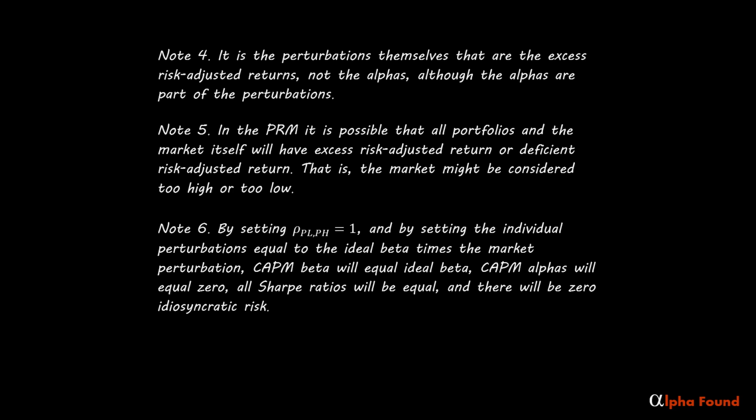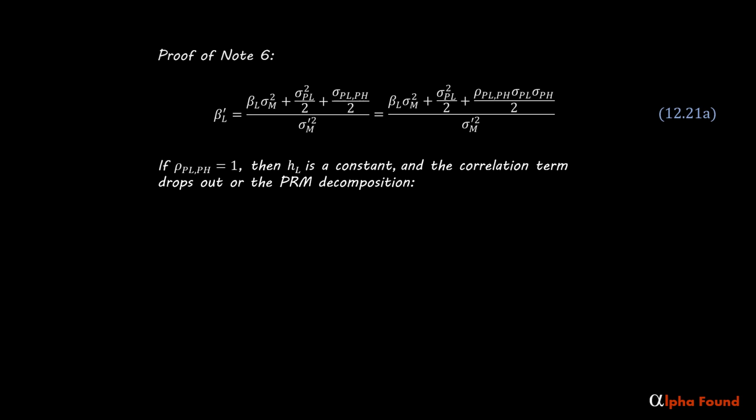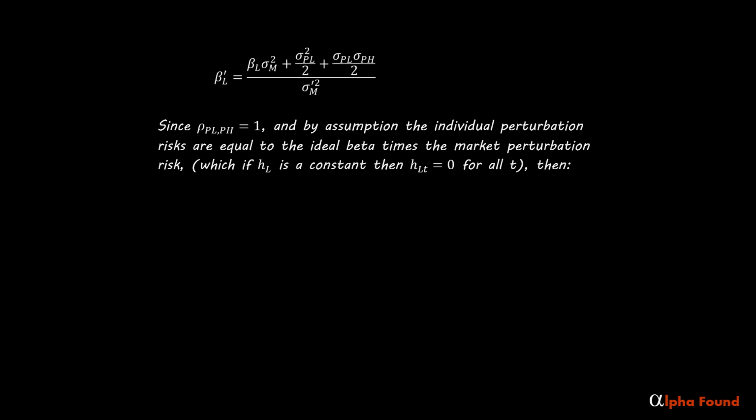I should prove this. Proof of Note 6. Here is the PRM decomposition of the low CAPM beta with the covariance term expanded. If the correlation of the perturbations equals 1, then the low h is a constant and the correlation term drops out of the PRM decomposition. Since the correlation of the perturbations is 1, and by assumption the individual perturbation risks are equal to the ideal beta times the market perturbation risk, which if the low h is a constant, then that constant is 0 for all t. Then substituting the individual ideal betas times the market perturbation risk for individual perturbation risks,